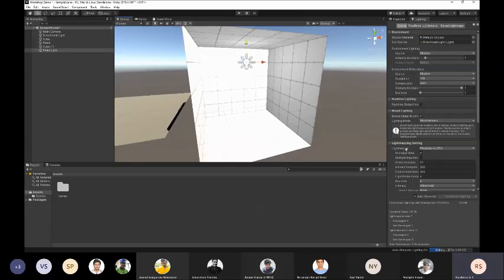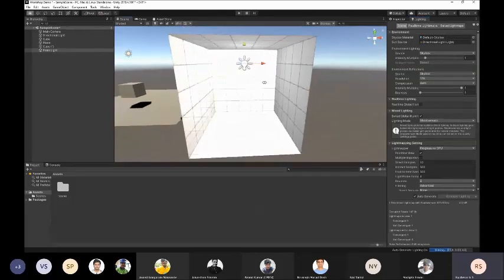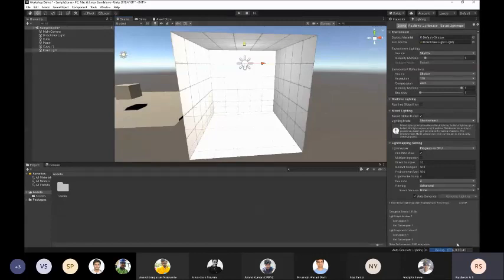If you have a powerful GPU, you can also select the progressive GPU, but this is currently a preview. That means it's in beta, so it might not work as well. Right now it's using the CPU to bake the lighting. So this is one disadvantage of baking, that you have to wait till it finishes, but it has a lot of benefits during runtime.